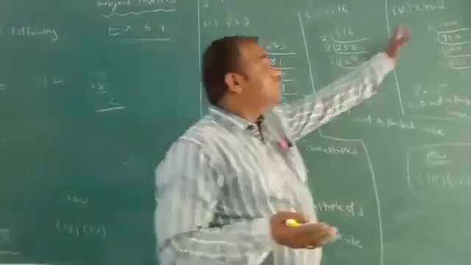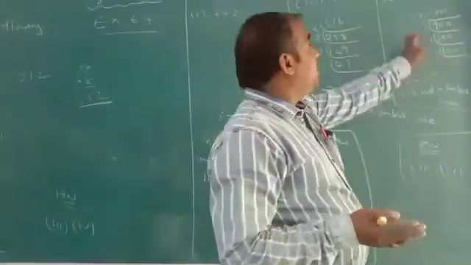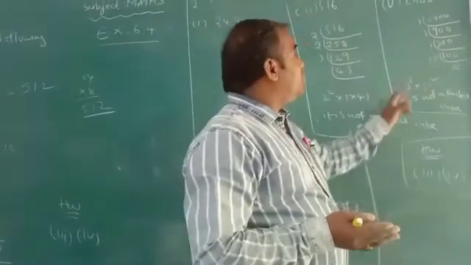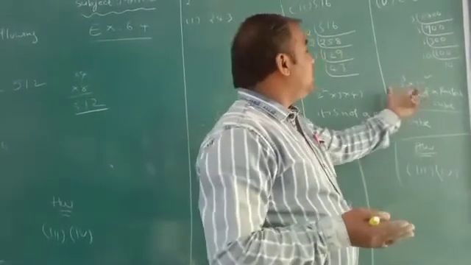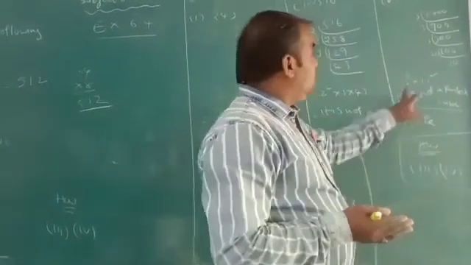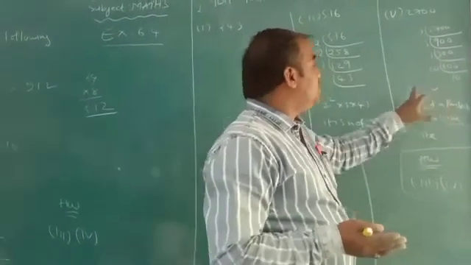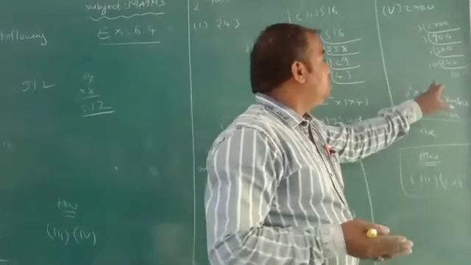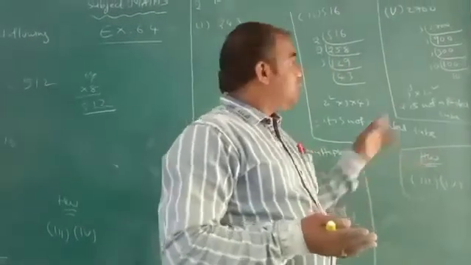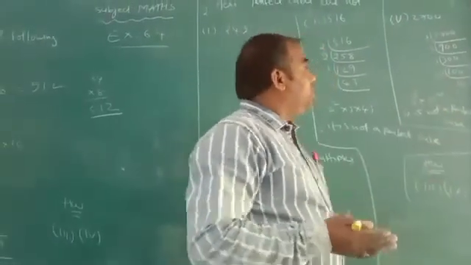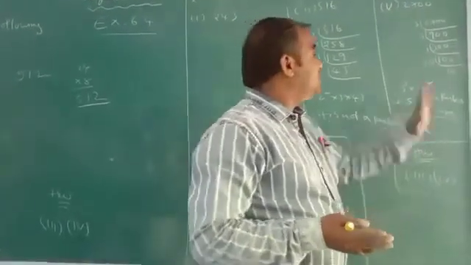Next, 2700. You write it as the product of 3 cubed into 10 squared. Means in that, looking at the product of two numbers, one number's power is 3 and the other number's power is 2. This exponent is 3, but this exponent is 2, which is not a multiple of 3. That is why it is not a perfect cube.